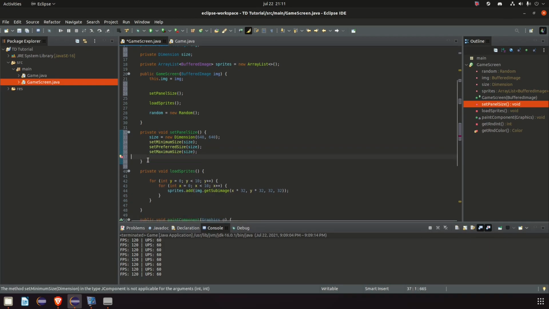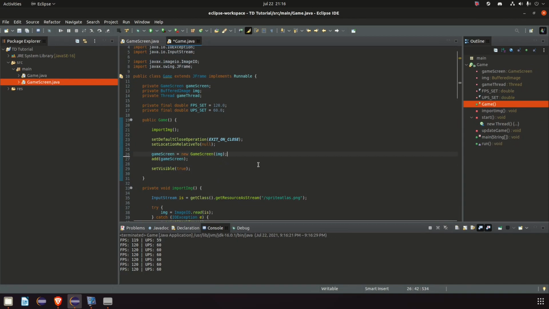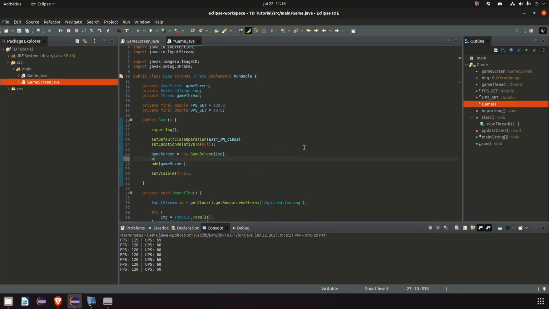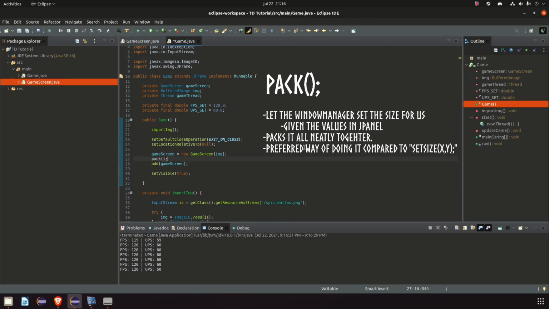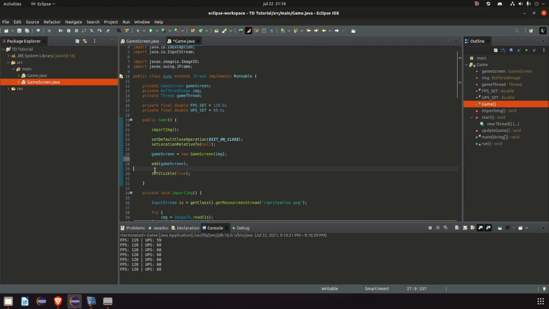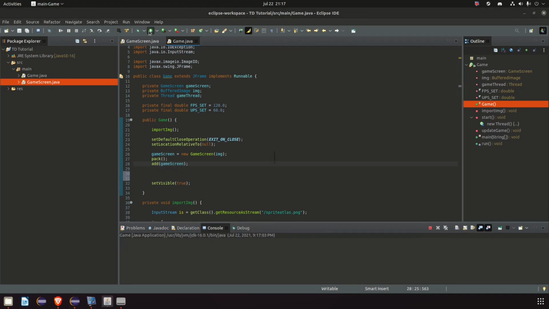And to get the size working, we need to add one more command, which is pack. It's very important that we place it in the correct spot. We need to place pack after every container or content has been added to the JFrame. So let's place it wrong for demonstration purposes, like here before we add the game screen, which is a JPanel. And then we run it. Here